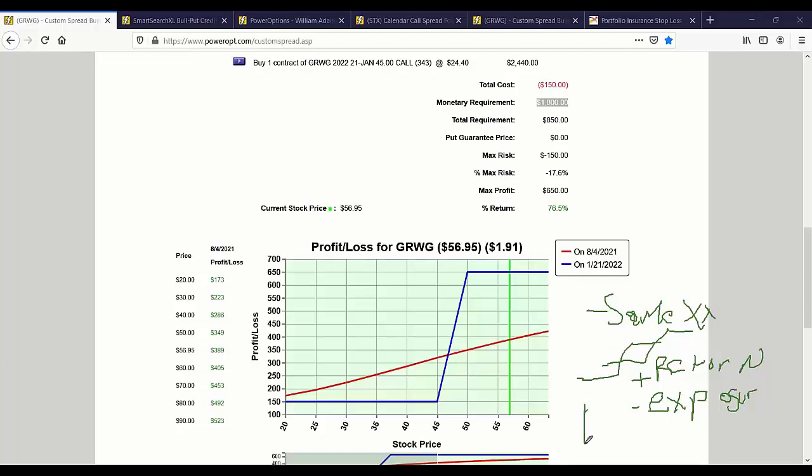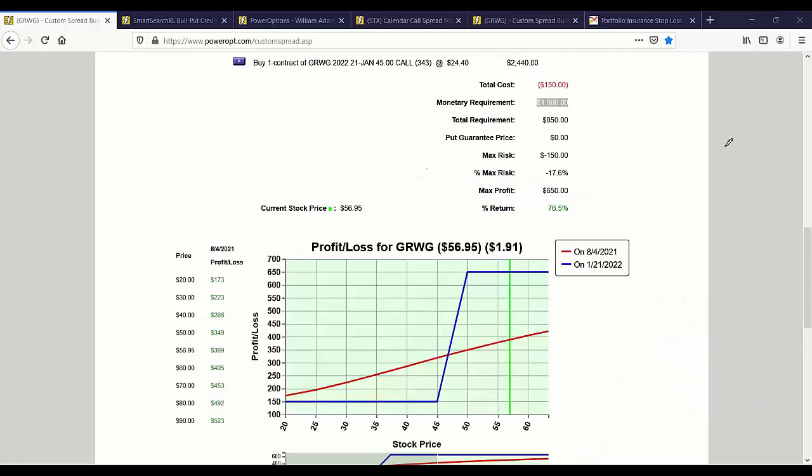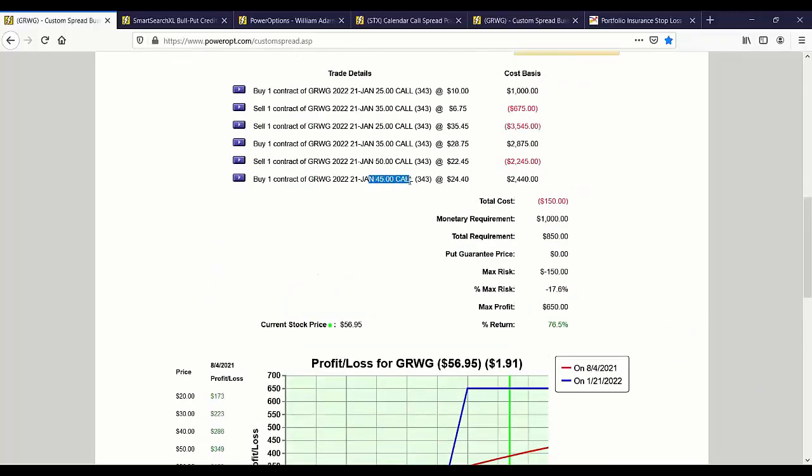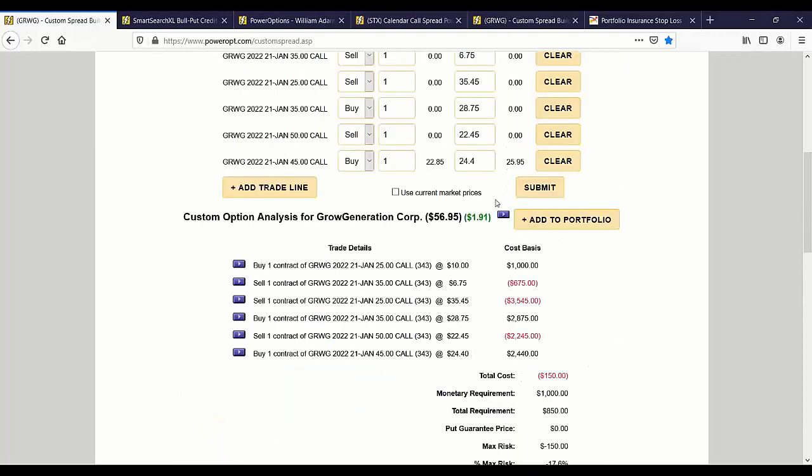Keeping the same expiration and lowering the strikes, making them closer, gets you potentially a debit spread at a credit, or bulletproof position, a no-risk trade of 150. But it doesn't really increase the maximum profit because you're giving up that extra 5 points of the 10-point debit spread you're in right now. And if you increase it to a 15-point difference, where we're selling the 50 now, so we saw the 50 and the 40, we saw now the 50 and the 45,